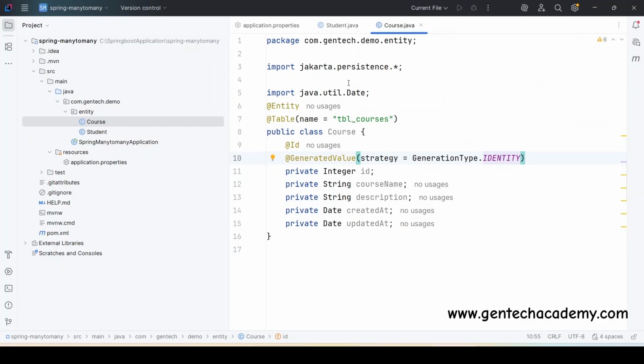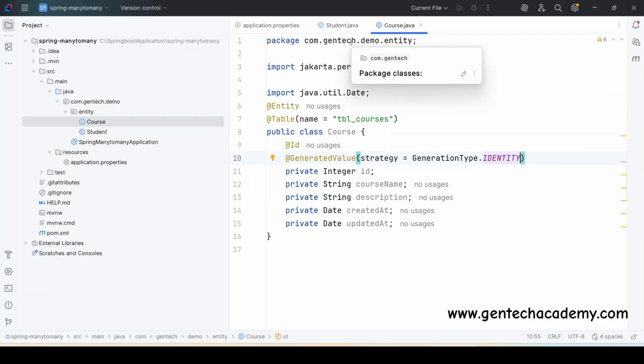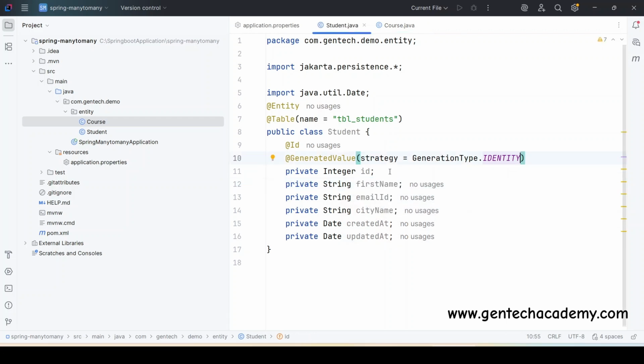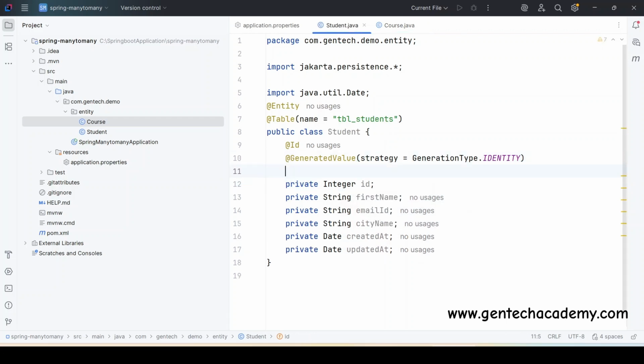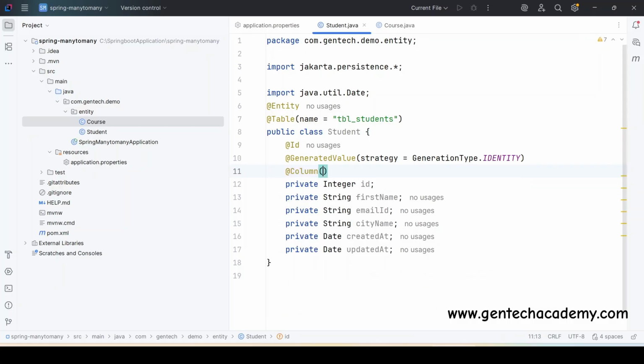So once after providing these basic details, we should provide a user defined column name. With respect to table, if I didn't provide the column name, for the table column name, it will take the same field name as a column name. So for that purpose, we can rename the column name. So @Column, we can use the annotation called column name is equal to